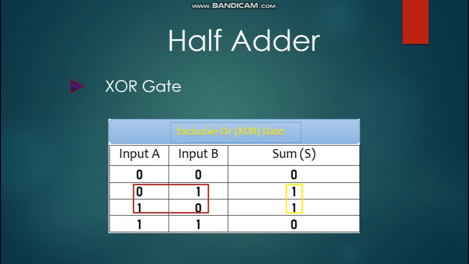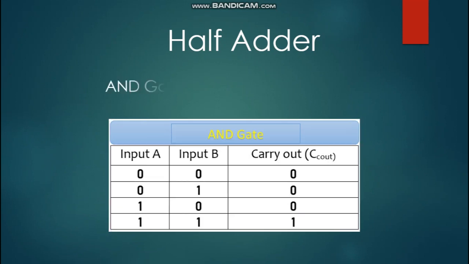Exclusive OR gate gives 1 when the inputs are different and gives 0 if the inputs are the same, and this is the same case in sum of 2 bits, so we can use XOR gate to generate sum. Now why is AND gate used to generate carry? This is because AND gate gives 1 only if both the inputs are 1. Similar is the case in addition of two binary numbers. The Cout will be 1 only if both the inputs are 1.